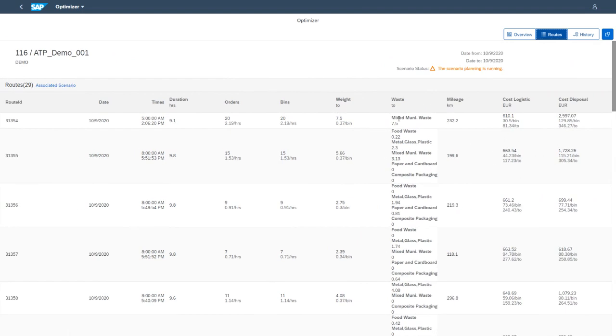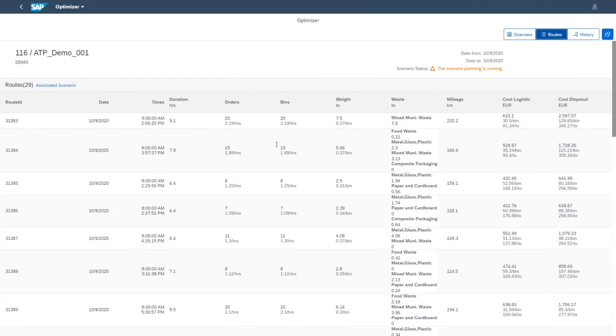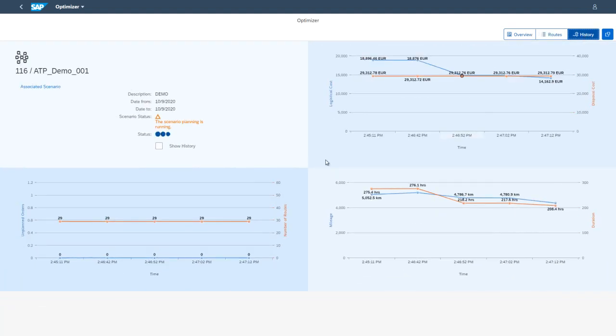In the meanwhile, you can look into the details, look into the routes. Also, this is changing step by step as better solutions are identified. You can see some main information to the routes, when they are starting, when they're coming back, how long they are on the way, how many orders they are disposing, and you can also see how the solutions develop, how it is step by step getting better.